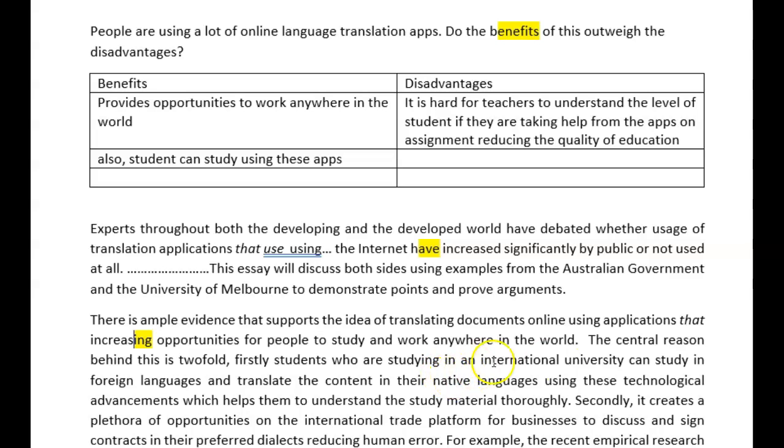Firstly, students who are studying in an international university, capital U there you need, can study in foreign languages and translate the content into their native languages using these technological advancements. Very good paraphrasing, I like this, which helps them to understand the study material thoroughly. Excellent. So you're doing a fantastic job putting this language translation apps into different ways. So this is very, very good language. Secondly, it creates a plethora, lovely, of opportunities on the international trade platform for businesses to discuss and sign contracts in their preferred dialects,